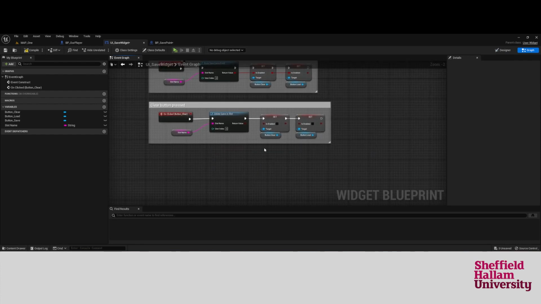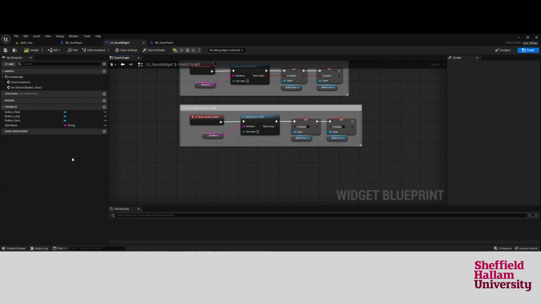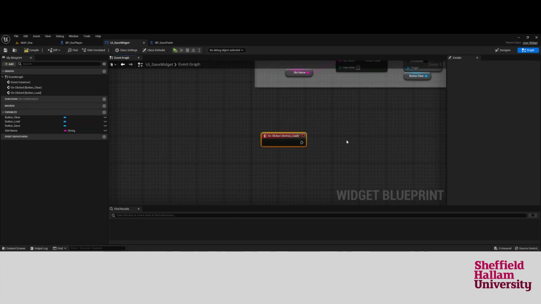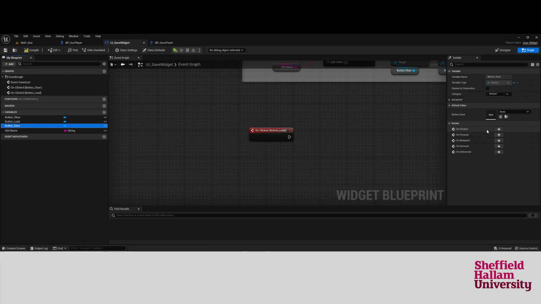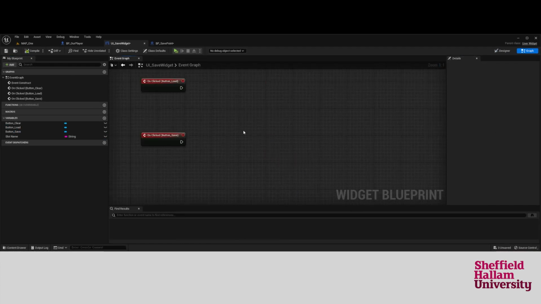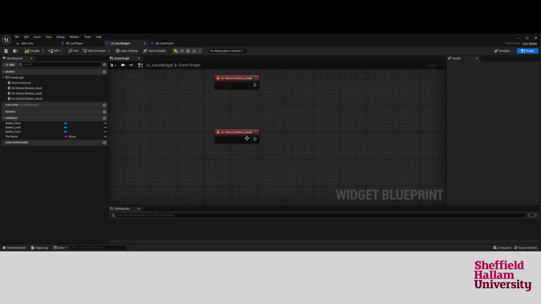Where things are going to get a little bit more complicated is with the loading and saving. The first thing that we need to do is again get references to these buttons being clicked. So we've got load and we've got button saved. Okay, so we're going to start off with the save to begin with. So if we drag from the executable, and we're going to